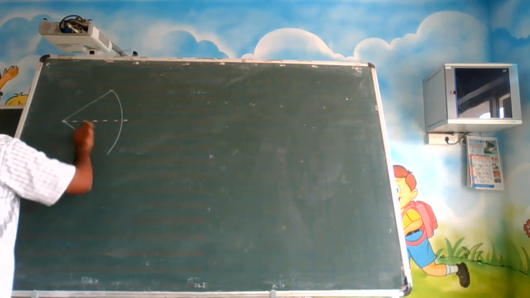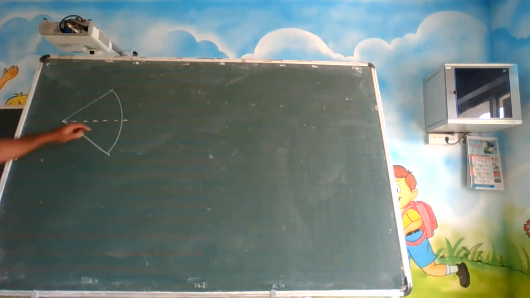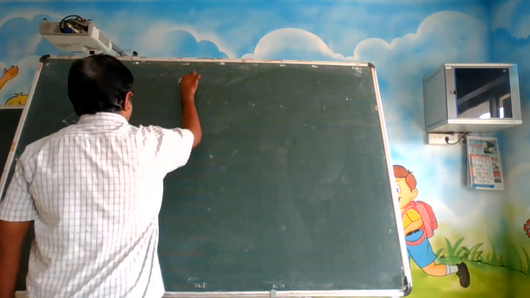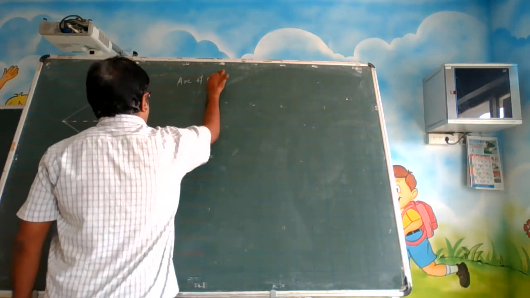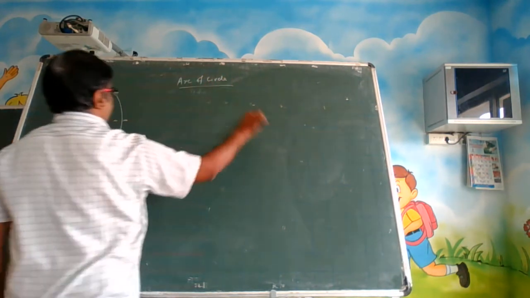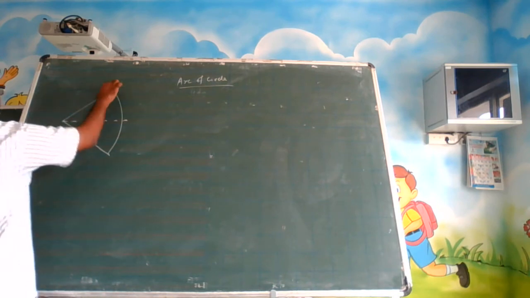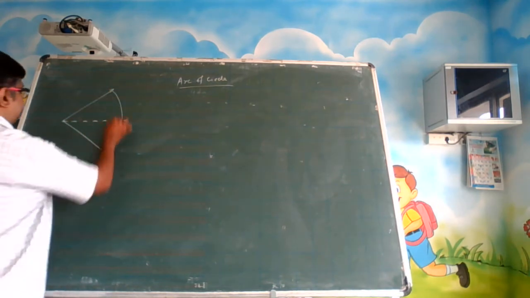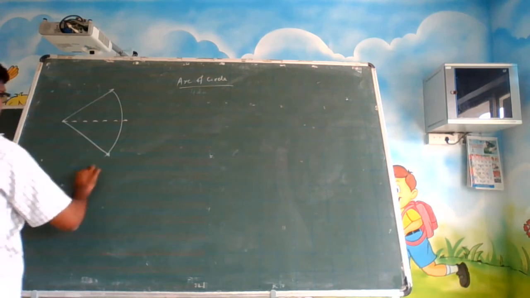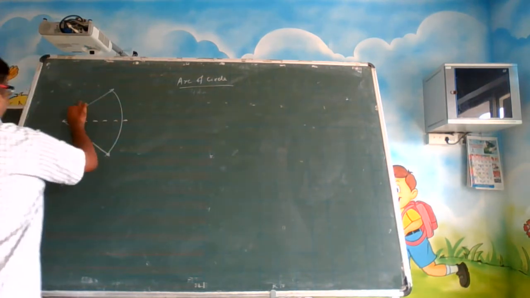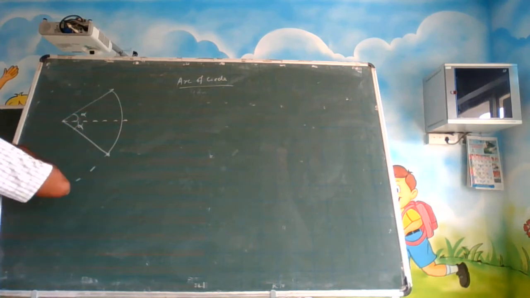This is a line element, and it is an arc of a circle. This is one extreme, this is another extreme. So this is part of a big circle. You have cut a segment, making angle alpha and alpha.